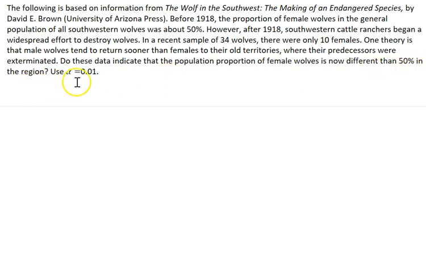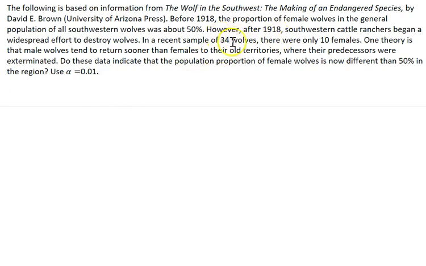We want to use an alpha equals 0.01 value. Okay, so our significance level is very small here. Meaning that my sample needs to be very, very different than what I'm assuming it to be in order for me to reject the null hypothesis. So this is giving me a lot of wiggle room,